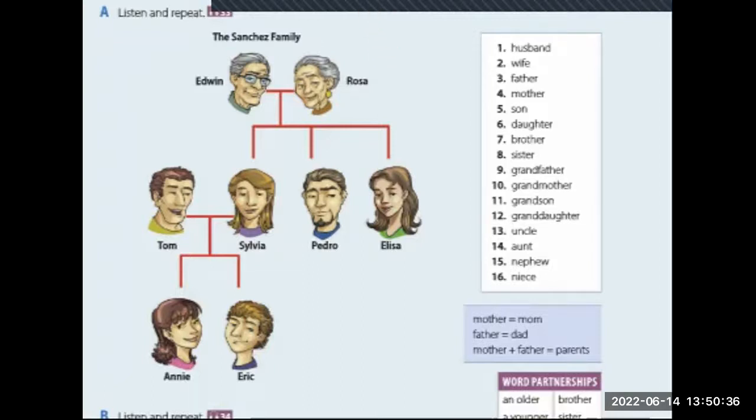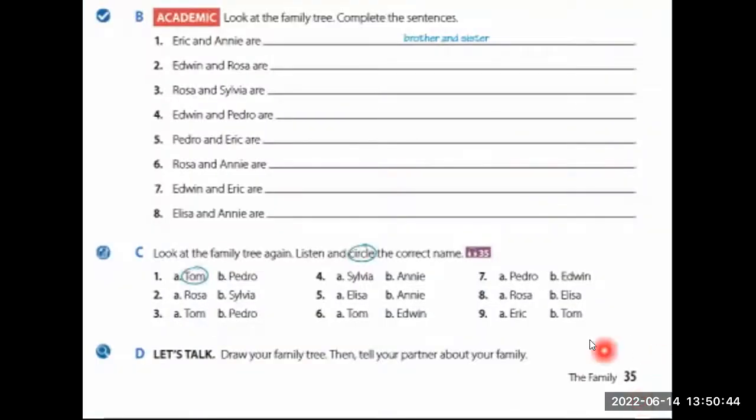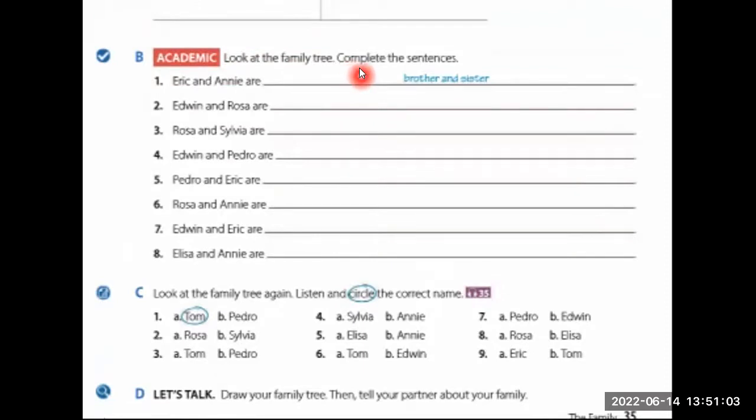So now going to move this over to the next page, page 35. Here's page 35. And this section B says, look at the family tree. That's what we call this, a family tree or a family chart. That's right there. This says complete the sentences. Number 1 says Eric and Annie are